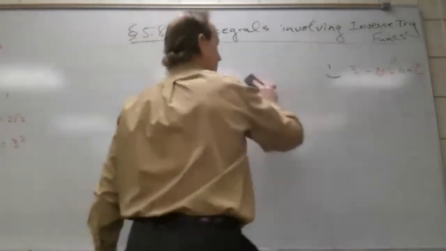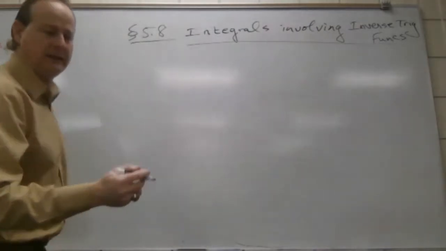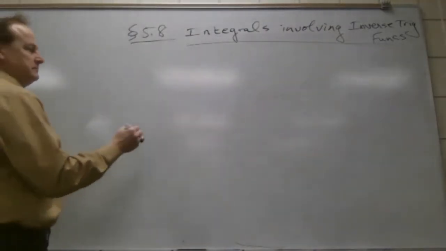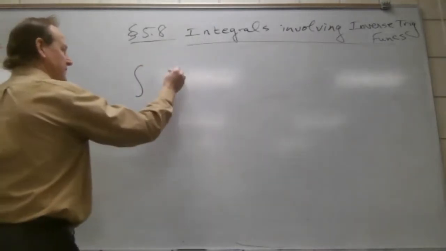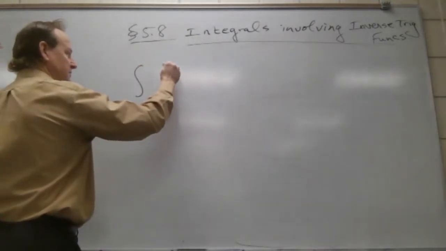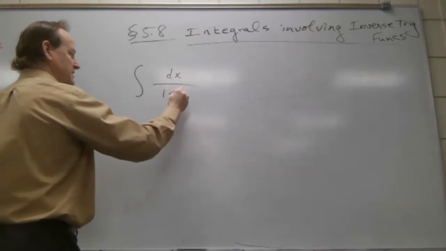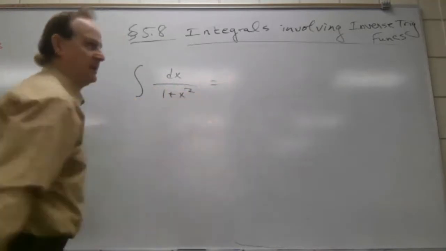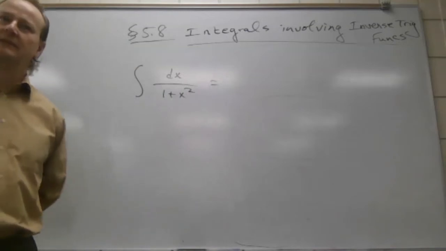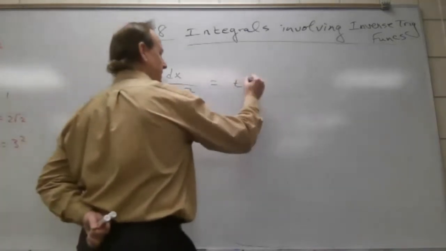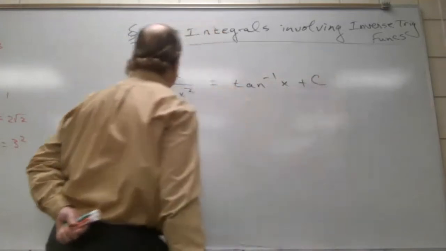So what are some other antiderivative theorems that we have? I've got the antiderivative of, I'm just going to write it like this, dx over 1 plus x squared. What's this going to be? Should be pretty easy. Arctangent of x plus c. Okay, now